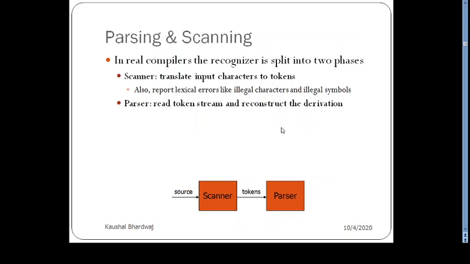Now the parser reads the token streams and tries to derive it. It just reconstructs the derivation, whether it is able to derive or not. If it is able to derive the program, in that case it will accept it, otherwise it will tell you the errors.